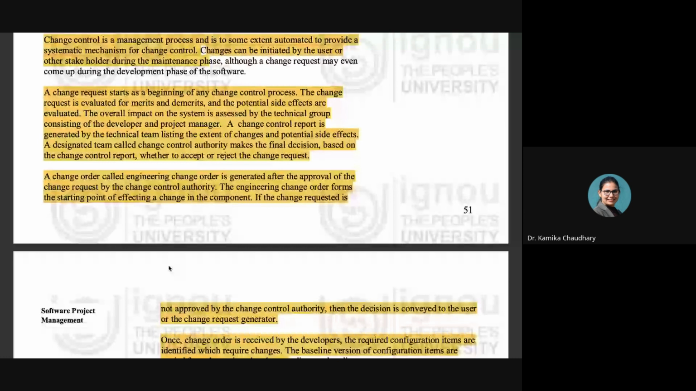How does it start? The first step is to create a change request. Second step, the change request goes to the change control authority. The function of the change control authority is to check whether this particular change is going to be beneficial for our system or a disadvantage for our system. Now the change control authority generates a report. In that report, it writes down all the evaluations that the change control authority